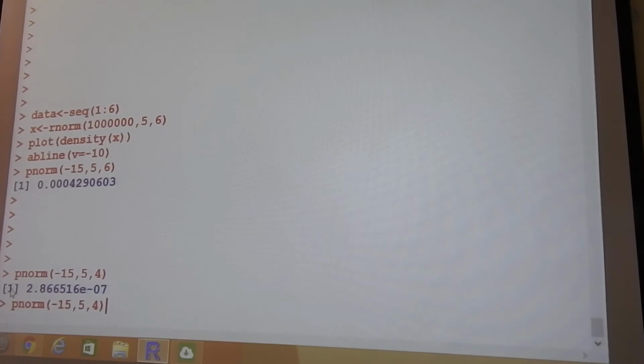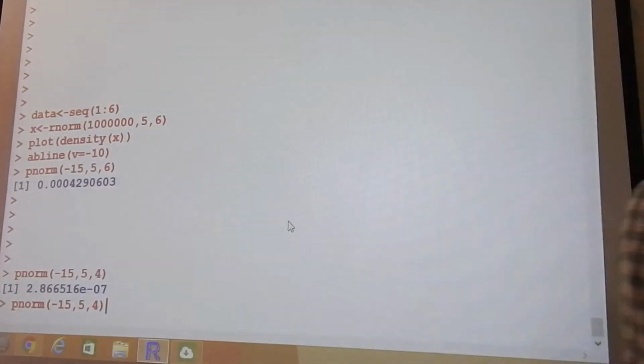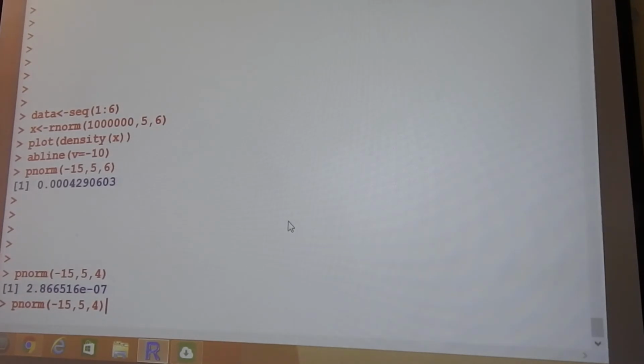So it changed from here to here. Can you tell me why this changed? Because as you move to the left, the area under the curve reduces. But I have not moved to the left. See my previous graph, when I changed the variance,